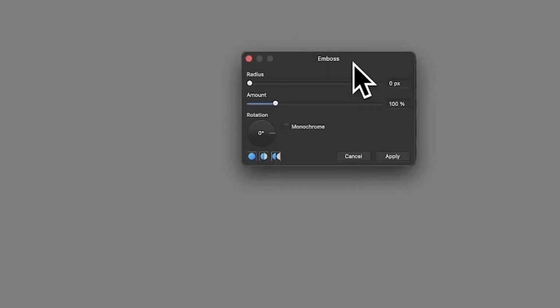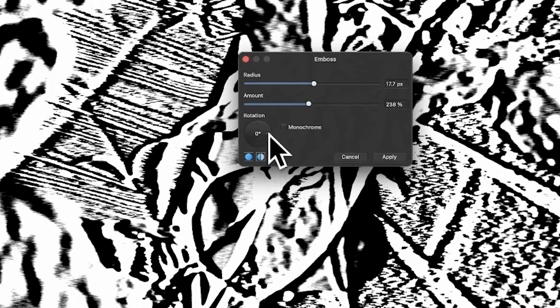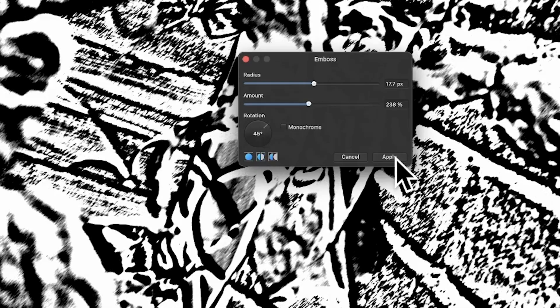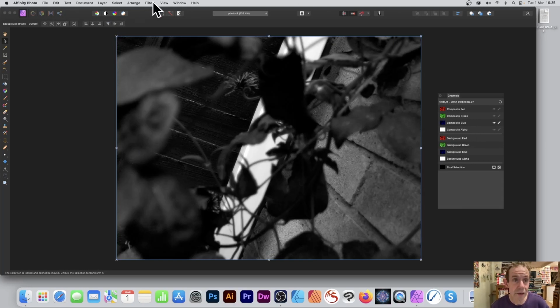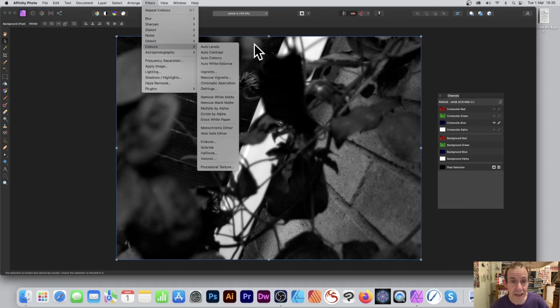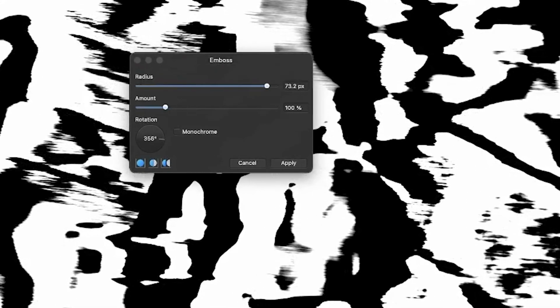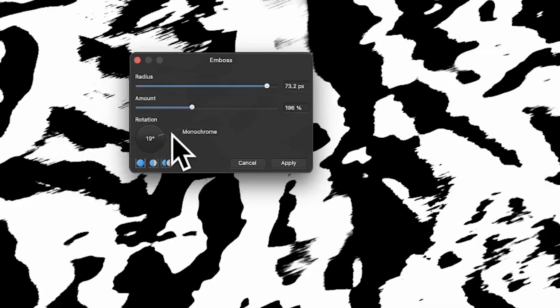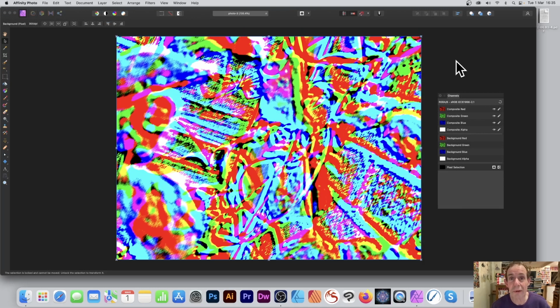Now you don't have to use all of the channels of course, but you can use one or two of them. And again, rotation, change the angle again, click Apply. And then go to the blue, and then go to Filters, Colours and down to Emboss, change the radius and again push it to the extreme, and also change the amount, change the rotation and so on. Click Apply. Once you're finished, go back up here and click there, and you see straight away you've got this